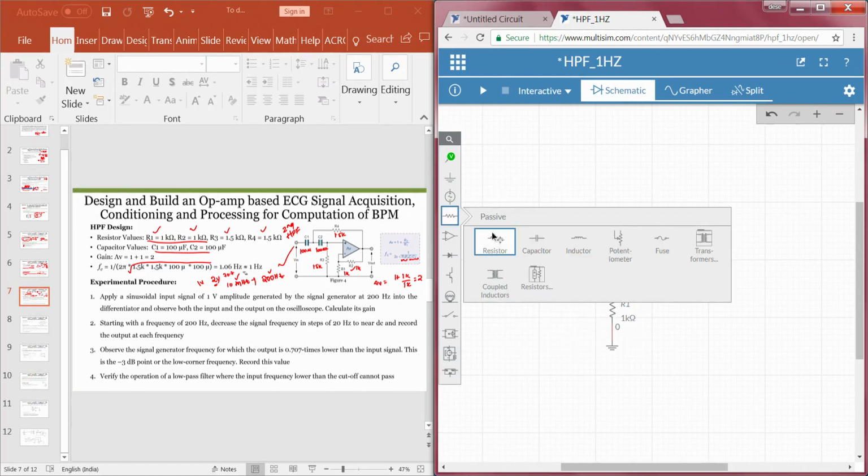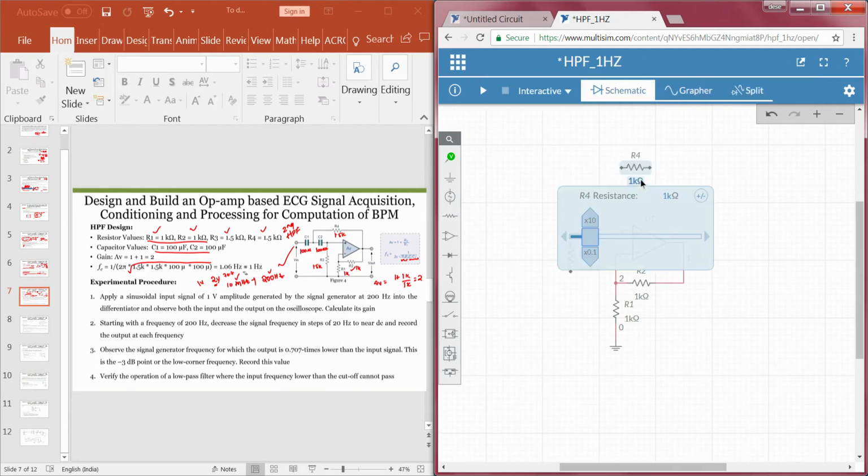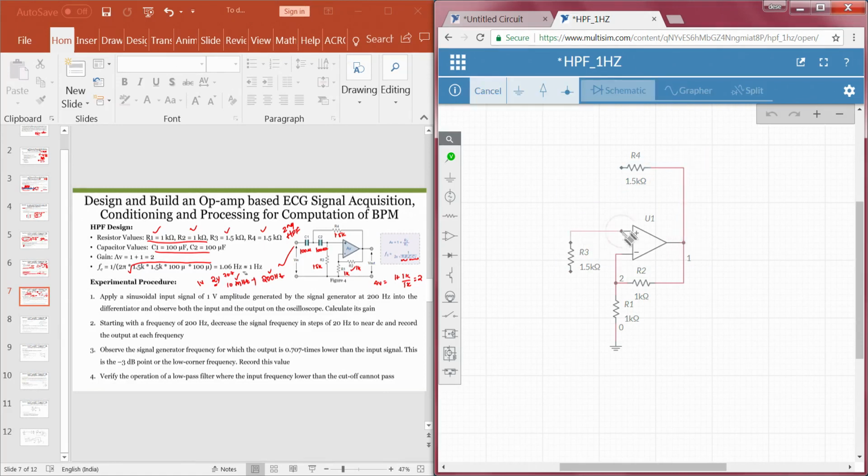Then we will choose one more resistor as a positive feedback, 1.5 K at this point, and this terminal should be connected at this point, and this should be connected at the positive terminal. Now, what about the other one? The other one has to be connected to ground.